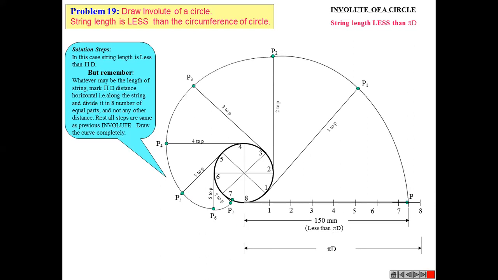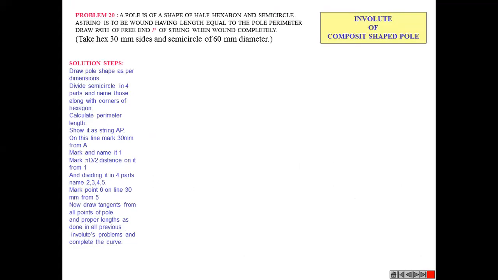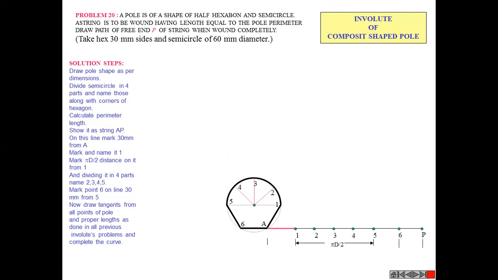A collection of points, and ultimately it is joined. Then we see the involute of a composite shape also. And then we practically drew a composite shape in our sketchbook, which is to be transferred to your sheets later on. So the methodology remains the same. There is no change as such. Even if you are given some arbitrary shape, now you are able to draw the involute without any problem. The methodology is the same. There is no change at all.